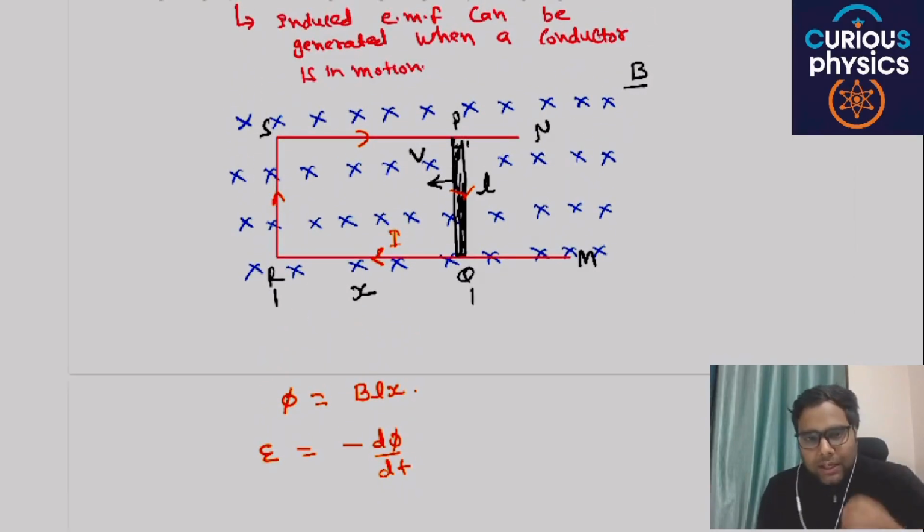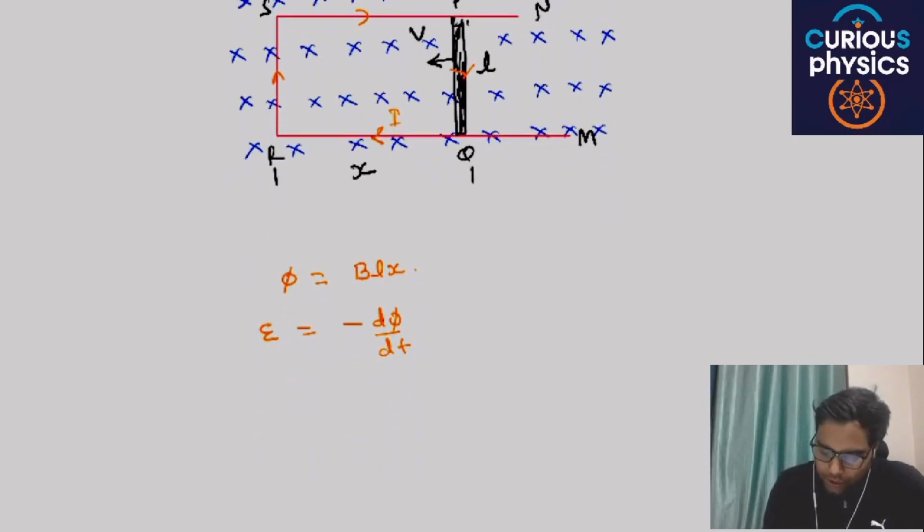The motional EMF and all the next sections of this chapter are related to Faraday's law and Lenz's law, but the way of studying each situation is different. Then the induced EMF, or the potential difference, is minus d of BLX